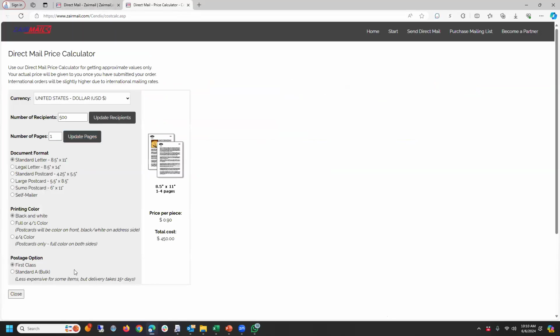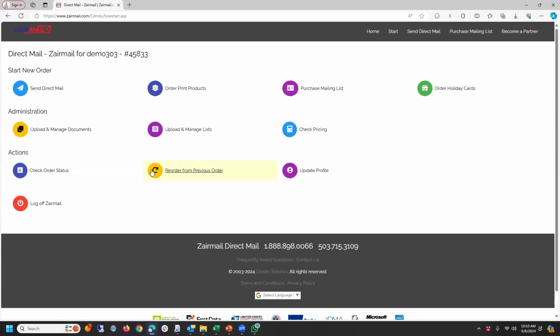Check pricing is really just like a little calculator. So you can just put in your format and the specifics, and we'll tell you what it's going to cost. Then finally, actions, we can do check order status, reorder from previous order, and update our user profile. This is where we might have our address information, contact information. If we want production proofs, all of that stuff is available here,